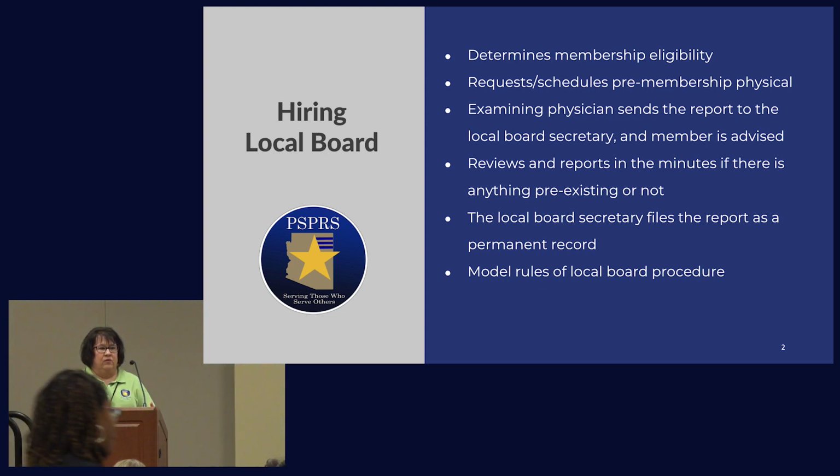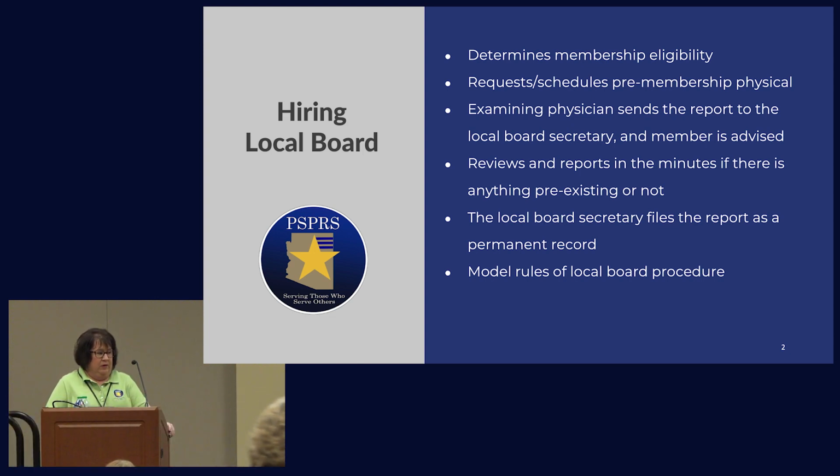So the local board does determine membership eligibility. Part of that is to request and to work on getting a pre-hire physical. Those physicals are done by a physician, MD, and reported to the local board, who I'm thinking it's a secretary, I don't know the process, would probably make sure that report is complete and give a copy to the member, because the member should be able to review the information and, if need be, respond to the items